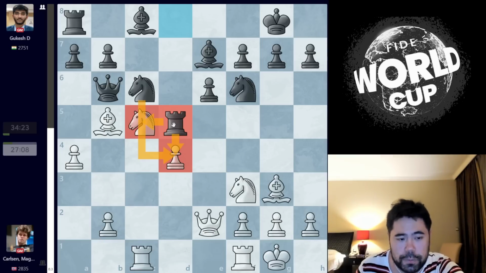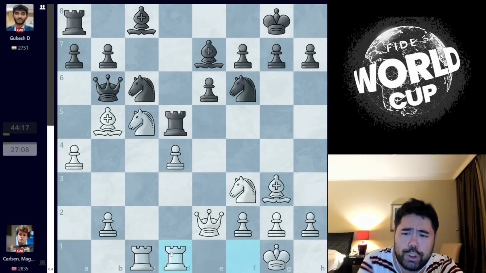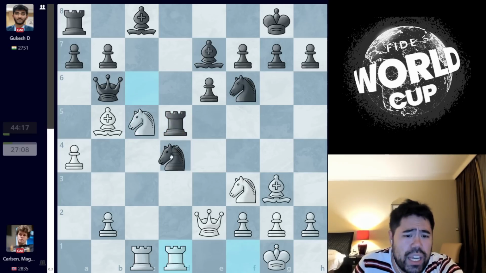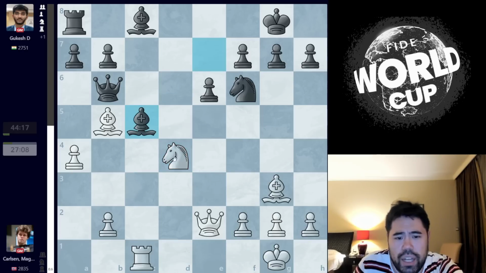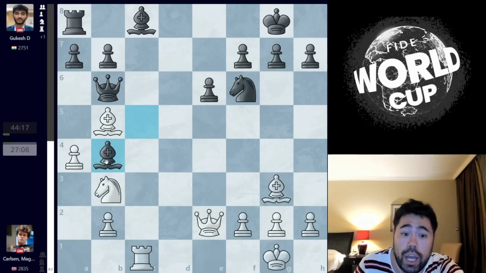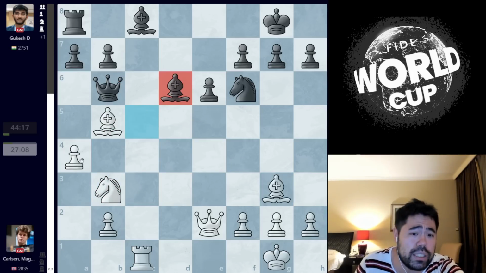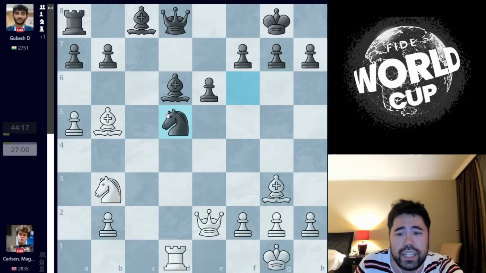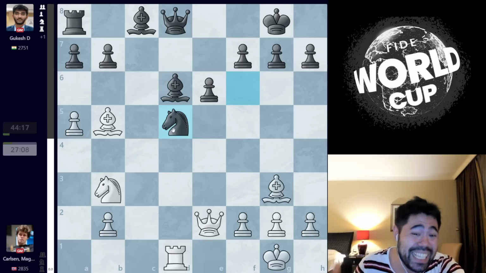Positions that feature tactics. So, the computer actually thinks you can play rook fd1 here, and you're doing fine, but it's a very tough move to play, because after knight takes d4, let's say you take with the rook, takes, bishop takes c5, after a move like knight b3, black has this nice move, bishop d6 here, not bishop b4, because then the same tactic would apply, where you lose the queen. But after bishop d6, a5, queen d8, rook d1, knight d5, suddenly black is up a pawn here in the center of the board, and white is still okay, but it feels like it can get very scary.